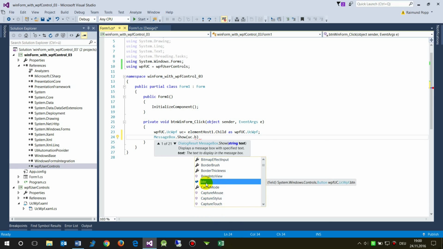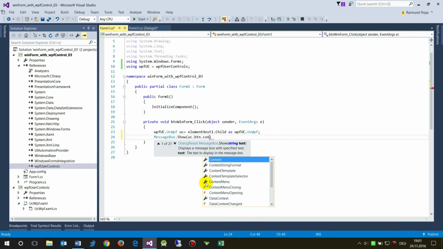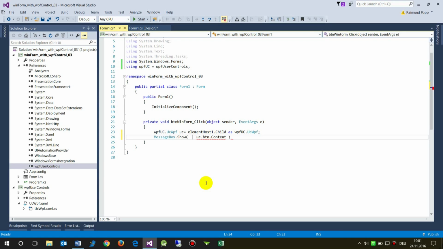And here we will see there's also the content again. So I will say, okay, again, here, that's my WPF content button, title or caption, what else, let's say it's content